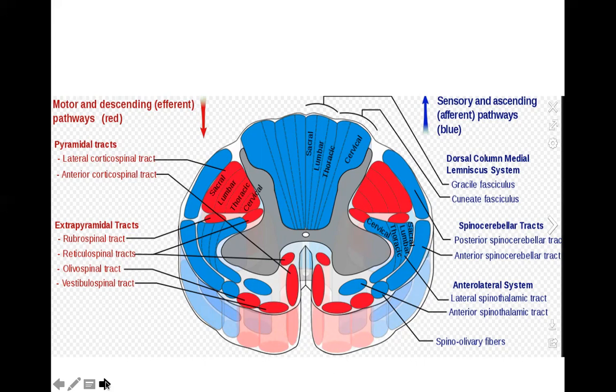So as you can see, in the lateral corticospinal tract or the pyramidal tract, the sacral fibers are lateral, and the cervical fibers are medial. So any extradural or extramedullary compression will first compress the sacral fibers, and that is why there is an ascending type of weakness in an extramedullary compression. Contrary to that,